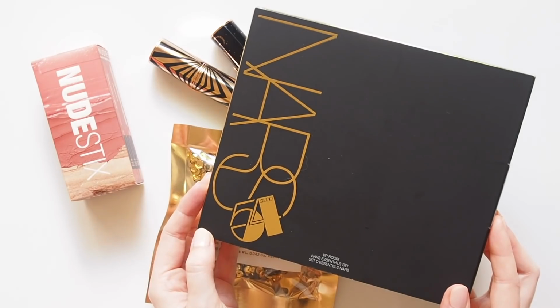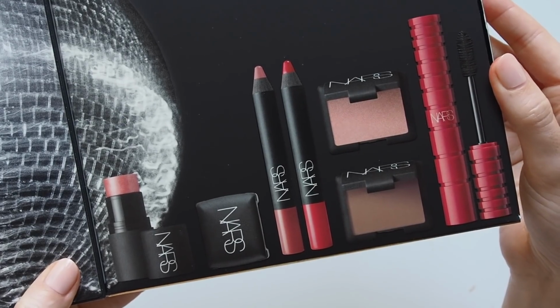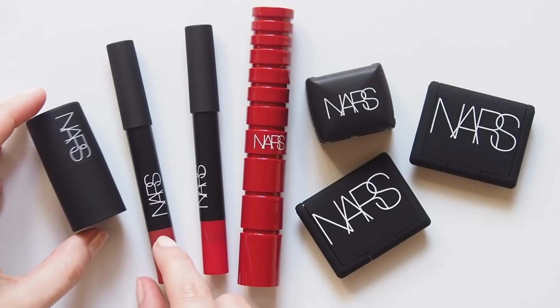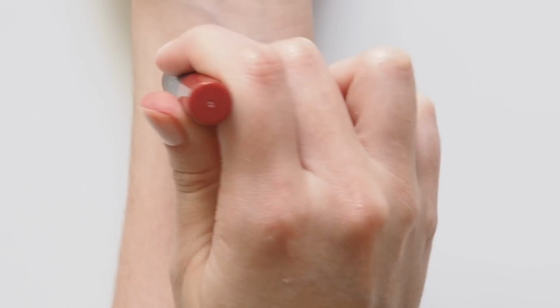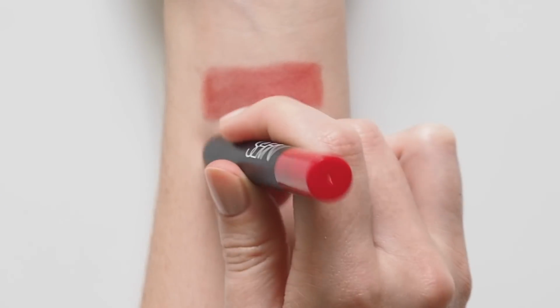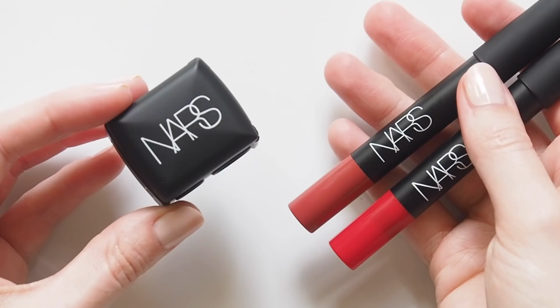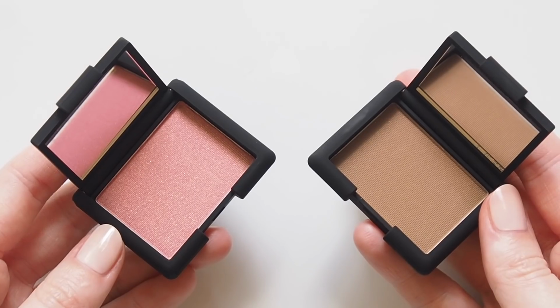This final set does include some minis, but also full-sized items from NARS. Their VIP room set is sort of a best of from the brand with a great assortment of 7 products inside. 2 full-size velvet matte lip pencils, which I'm a big fan of, Dolce Vita, the rosy nude I already own in mini form, and the bold berry red Dragon Girl, which will come in handy for an upcoming celebrity makeup bag video. A sharpener to keep them fresh, a mini Orgasm blush and a mini Laguna bronzer,